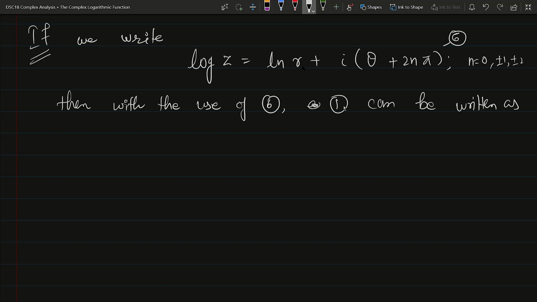Okay, equation 1 can be written as, equation 1 was e to the power w. Now in place of w we want to identify log z, okay, as e to the power log z is equal to z. Now look at this,